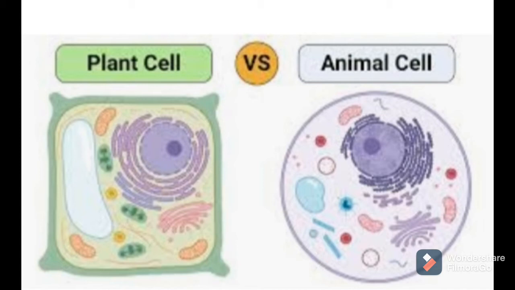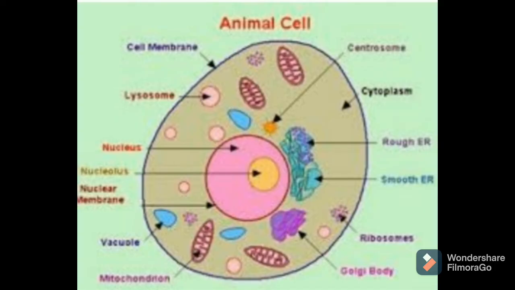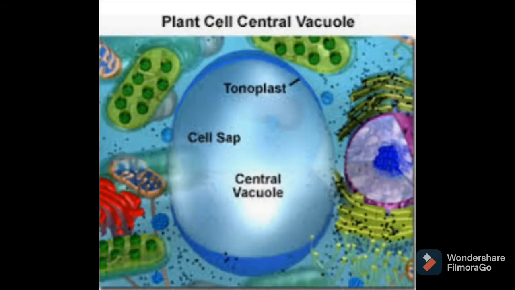What happens in plant cells? In mature plant cells, the small vacuoles fuse together to form a single, large central vacuole. And one more thing: in a plant cell the vacuole is bounded by an outer membrane which we call the tonoplast. In animals or unicellular organisms, special vacuoles are present which are called contractile vacuoles. The outer membrane of the vacuole is a selectively permeable membrane.